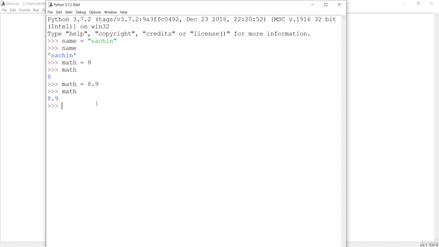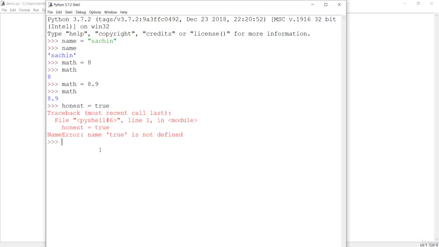So you can make a boolean type. Let me say honest variable, and if I say True, make sure that T is capital over here, because we have seen in the case of keywords, this is basically a keyword, and keywords are case sensitive, so that means this T has to be capital. If you make something like true in lowercase, this won't be valid. And if I say again, honest is True, this is the boolean type.